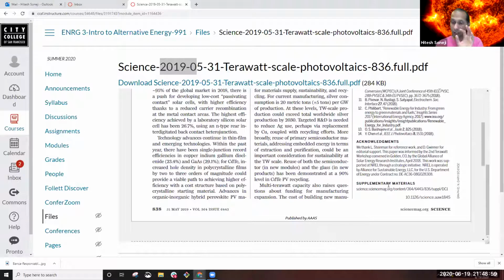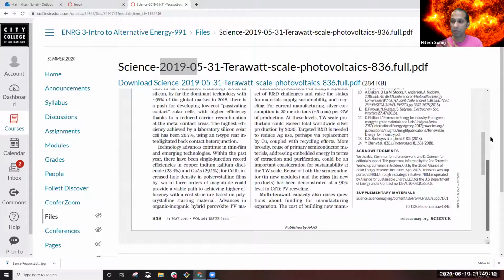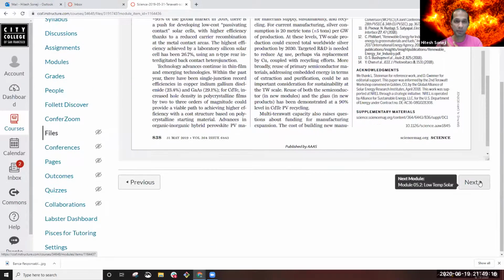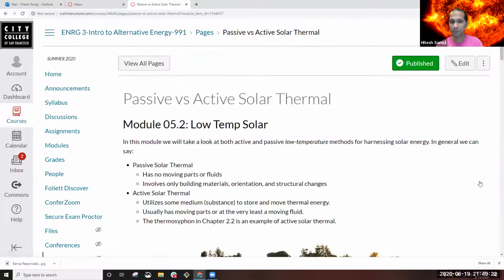If at any point there's a question about these articles, please post a discussion post. Tell me exactly which article it is. Tell me which page, which column even. Sometimes it's super helpful. Be as helpful to me as possible so I can also be helpful back to you. Which may sound like something you've heard before, but it's surprisingly not as intuitive and obvious to everybody as you would think.